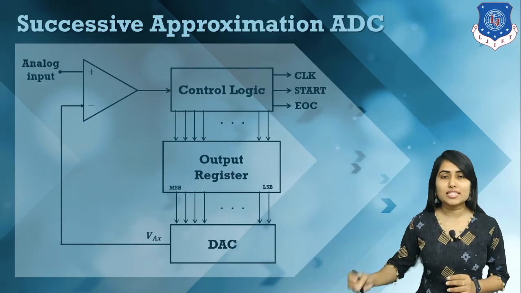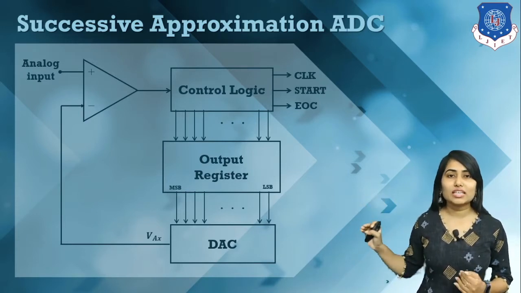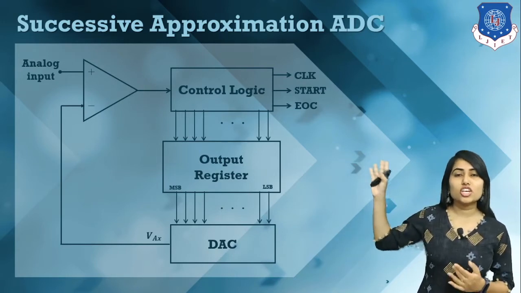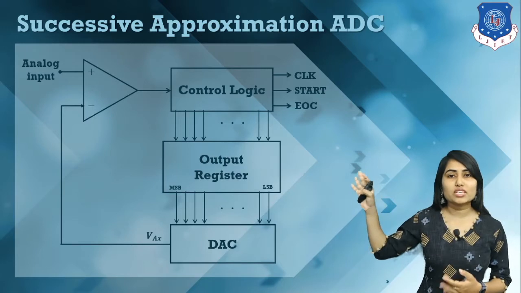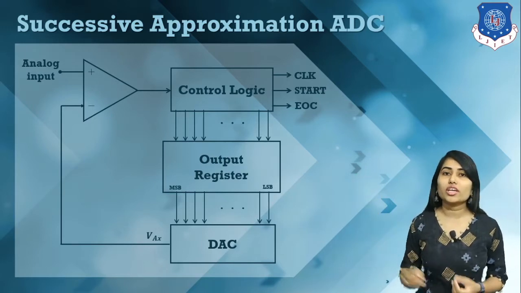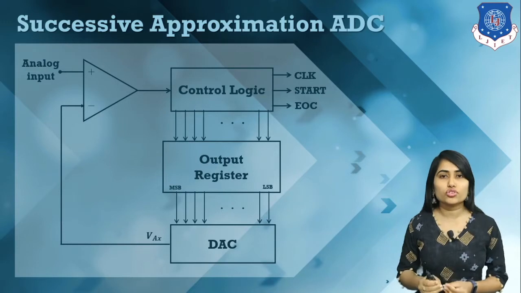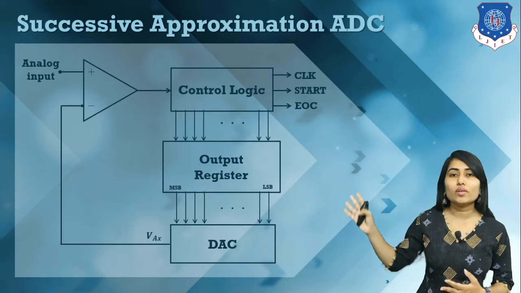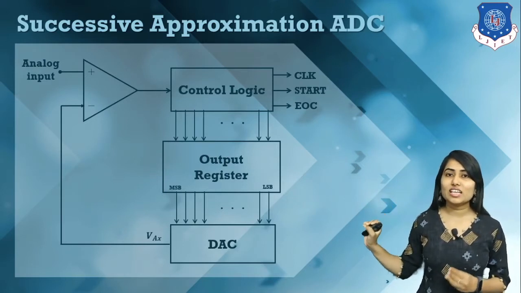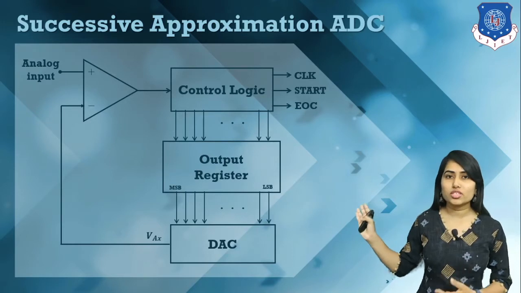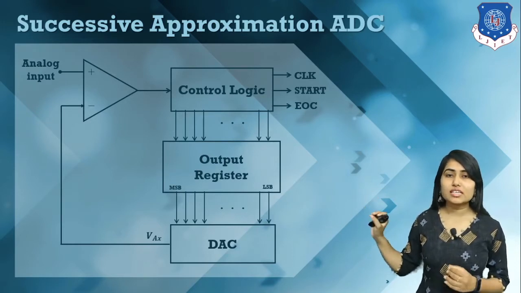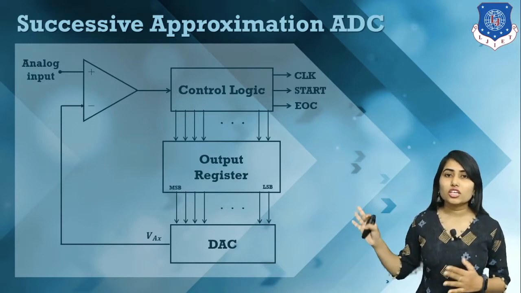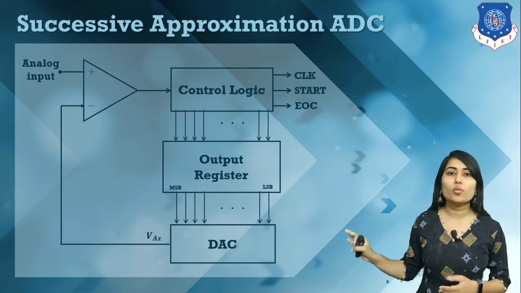So whatever bit is set in the control logic is reset and then again stored into our output register. Next we have the control logic. This control logic circuit is used to generate a bit pattern, and whatever data the control logic generates is transferred into our output register. Our final digital output will be stored in this output register, which is used to store different patterns, and at the end of the control logic circuit's generations we have our actual output.